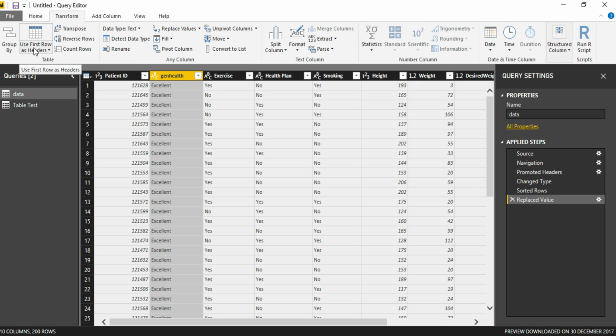Use first row as header. It's again repeated. This gives you options to transpose your records, reverse your rows, count your rows, and data type selection option. Detect data type. When you don't know what the actual data type is, you can ask Power BI to detect the data type on its own. You can rename the columns, replace values, fill the columns up or down, pivot the columns, unpivot the columns, move the columns left to right or right to left, convert to list,